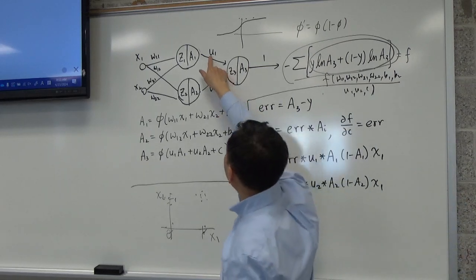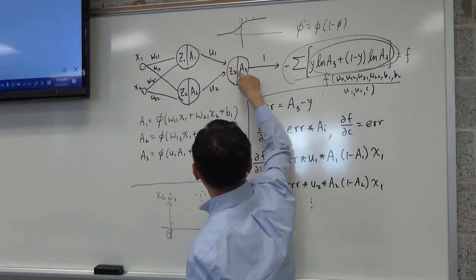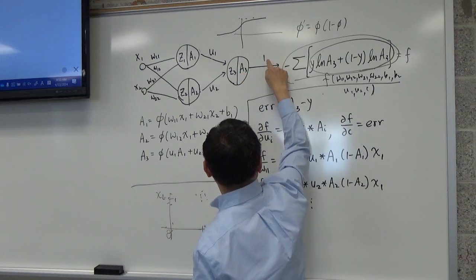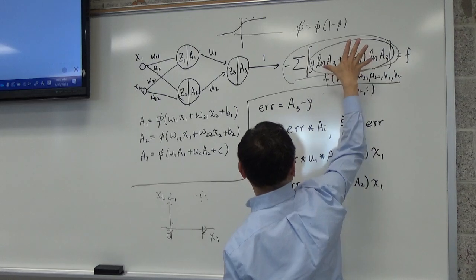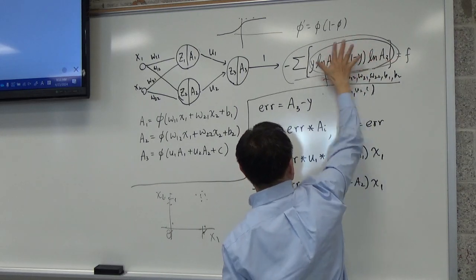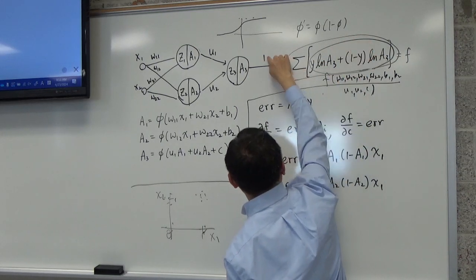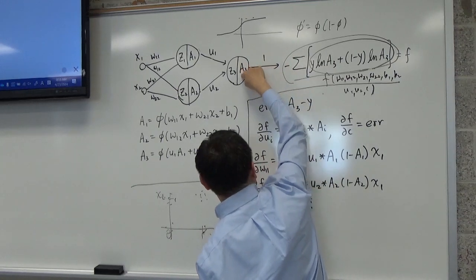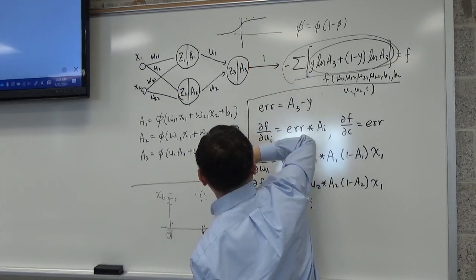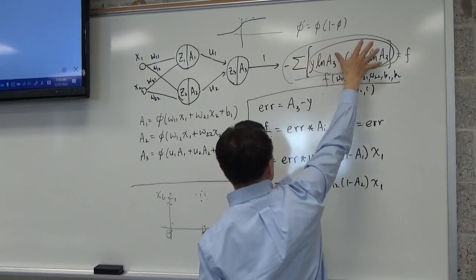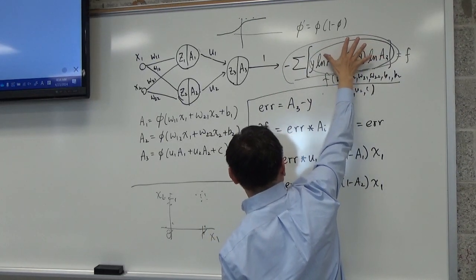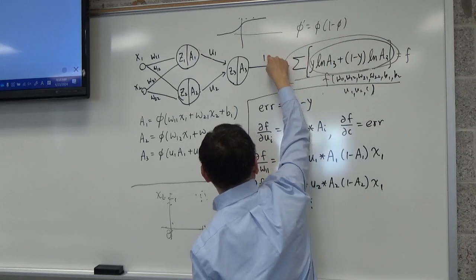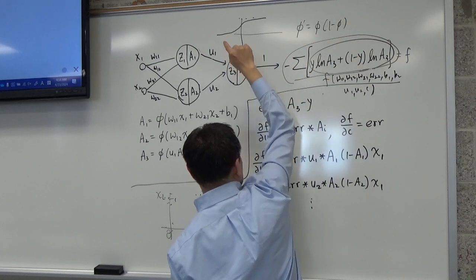So u1 goes through A3 times the weight and then this, right? So it's the rate of change of the final function times 1 times A3, actually times, not A3, sorry. It's the rate of change of the final function times 1 times